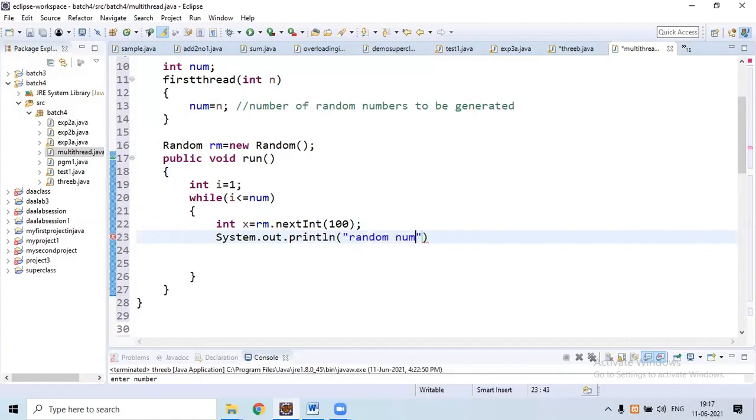Random number is plus x. After printing random number, then we need to suspend the execution of first thread for 1 second. To suspend the execution of a thread for 1 second, we need to use